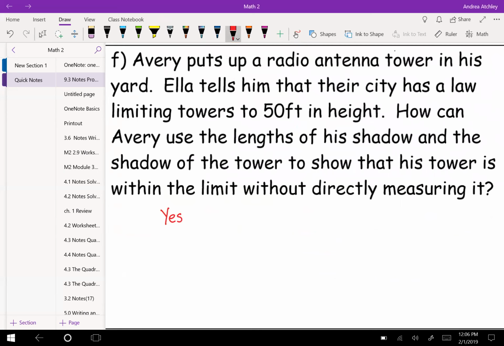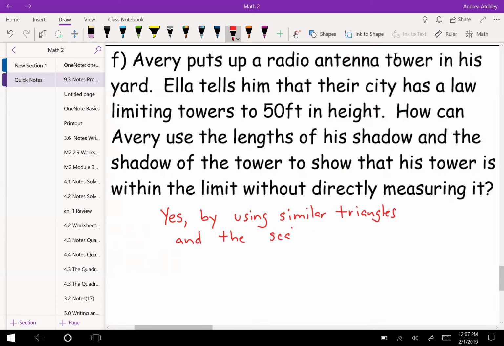How can Avery use the length of his shadow and the shadow of the tower to show that his tower is within the limits without directly measuring it? By using similar triangles and the scale factor. Any questions over that? Okay,